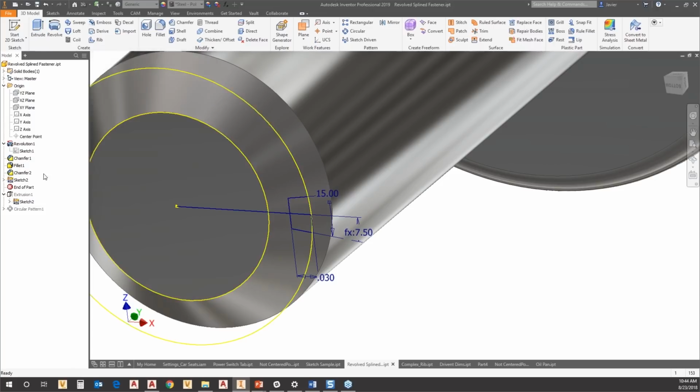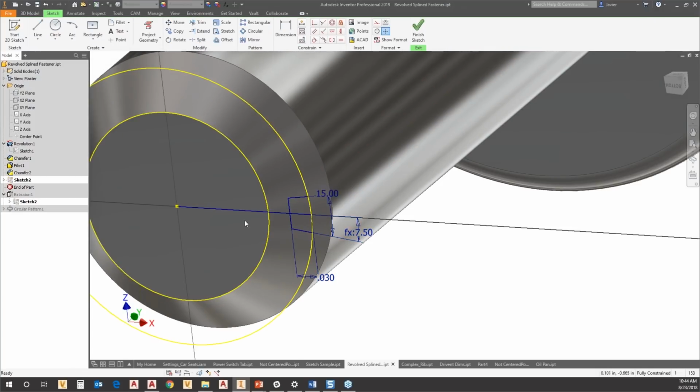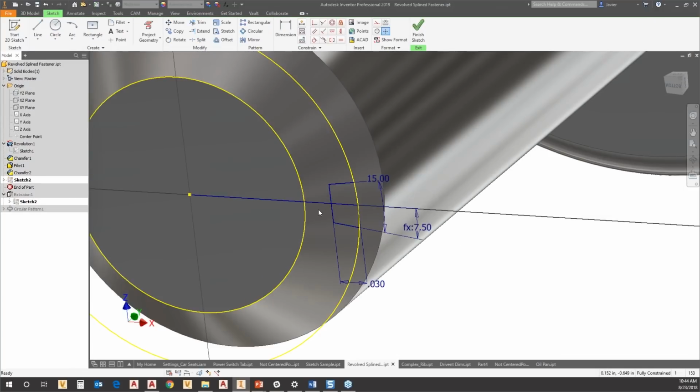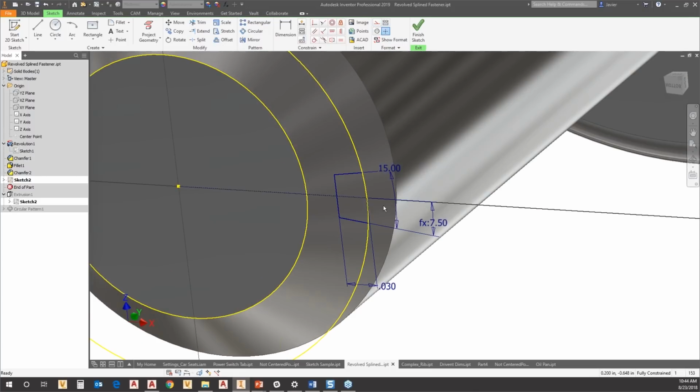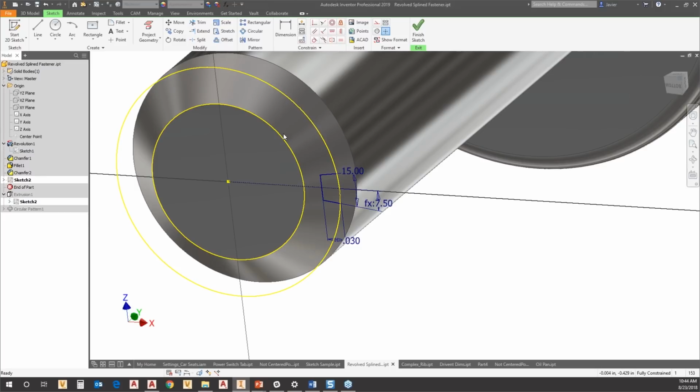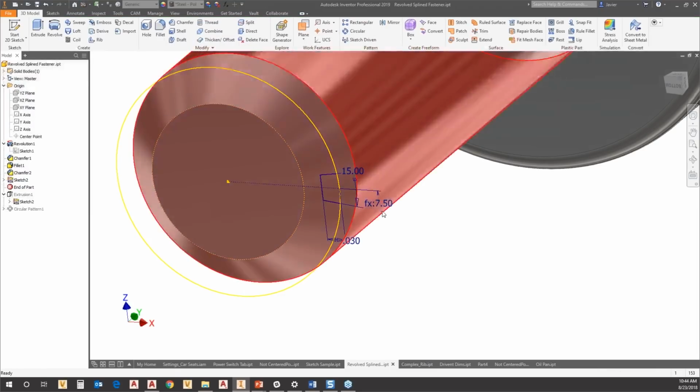Okay, so let's go back to our sketch. Okay, and let's fix that. First, I never want to see this as something that can be extruded, so I'll change that to construction geometry. Same thing here. I'll change this to construction geometry. Okay, now this is projected geometry. There we go. You can still change that. You can see it's yellow but dashed. And when I go to extrude it,